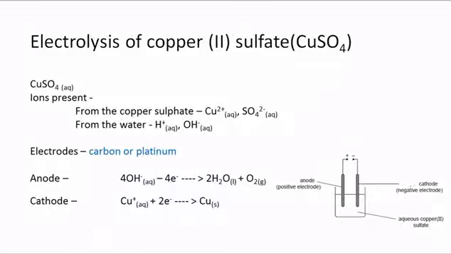Now, let's look at electrolysis of copper(II) sulfate. In this first instance, we are going to use carbon or graphite electrodes. From the copper sulfate, we have Cu2+ and SO4 2-, and from the water, we have H+ and OH- ions. Now, the aqueous copper(II) sulfate solution is blue, and the reason for this blue color is the presence of Cu2+